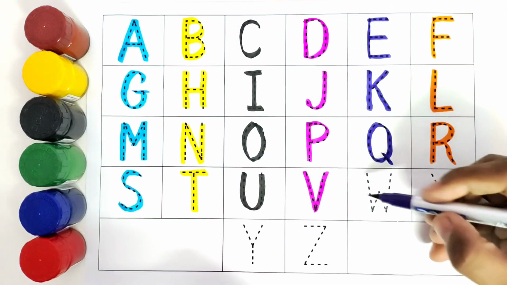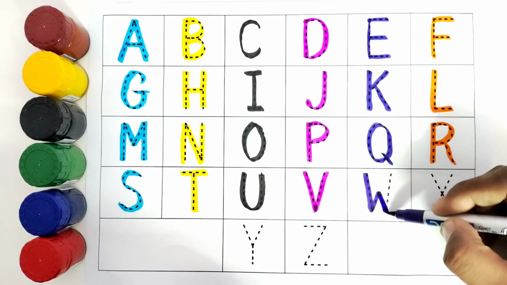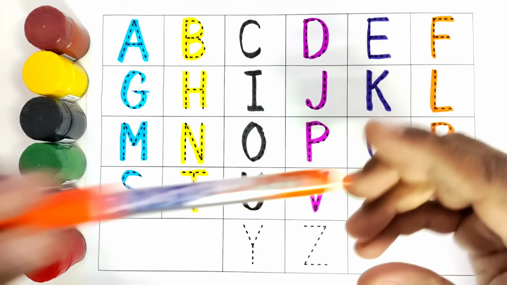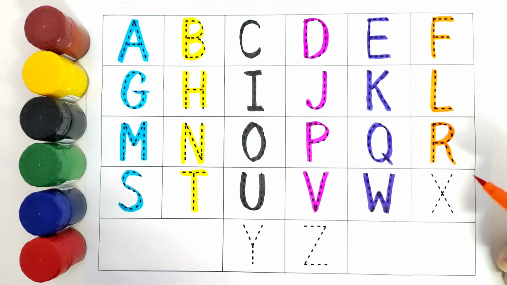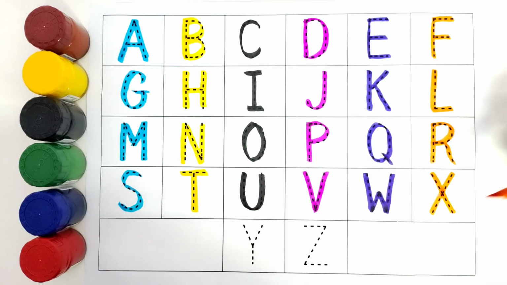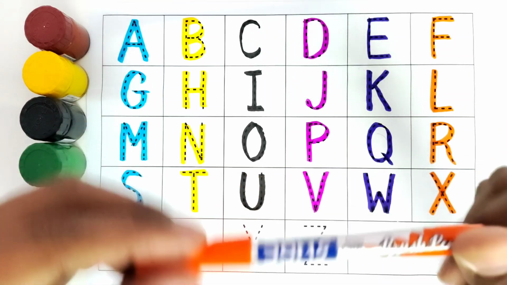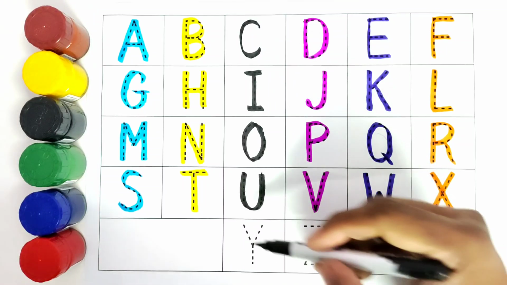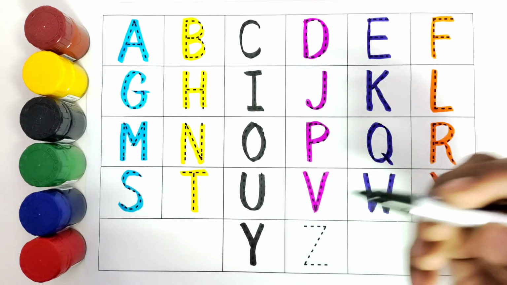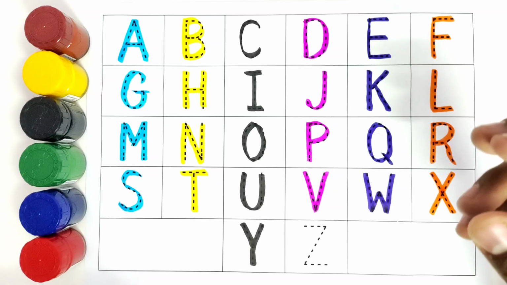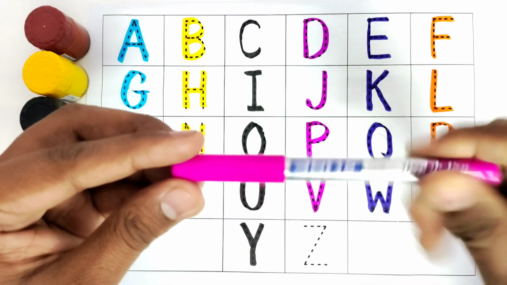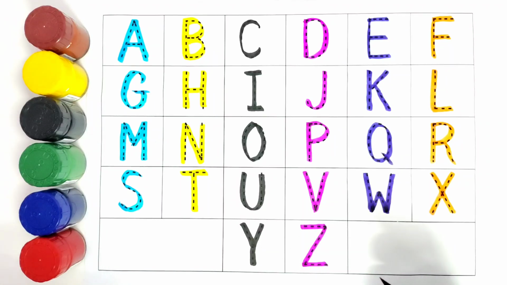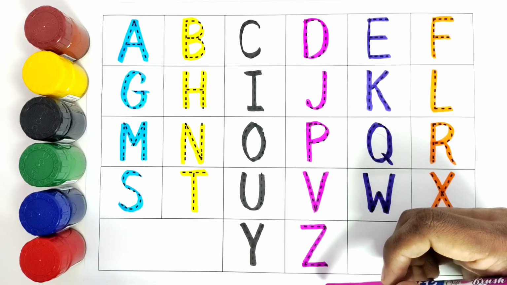Purple color. W for watch. Orange color. X for Xmas. Black color. Y for yak. Pink color. Z for zebra. So now we will